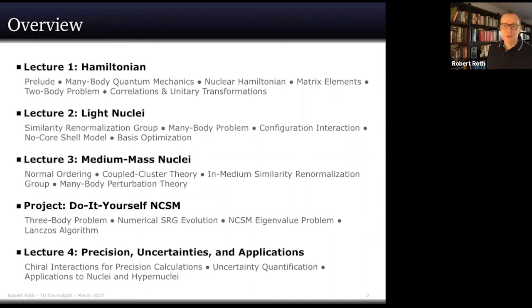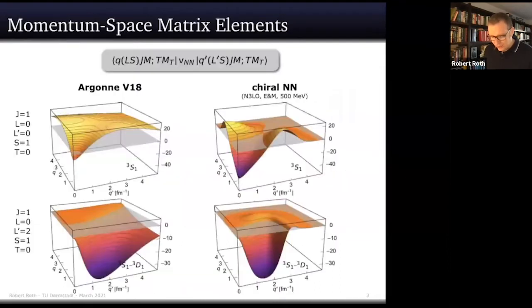And we had this discussion about different ways to model a nuclear interaction, which is at least a 2 + 3 body interaction. And this kind of provides the necessary knowledge to formulate the Schrödinger equation, our eigenvalue problem of the Hamiltonian. And just at the very end of the lecture, I showed you this picture on matrix elements of some